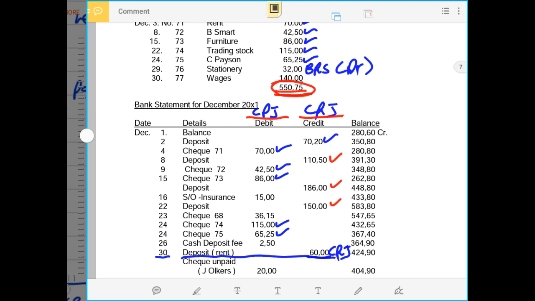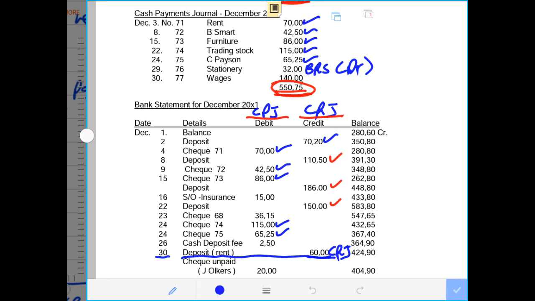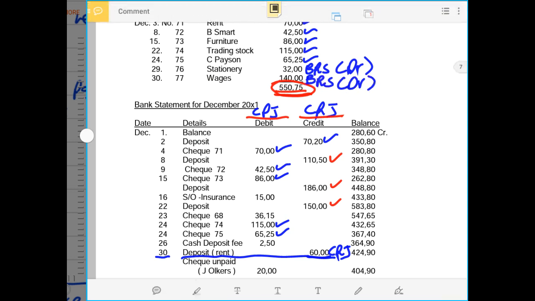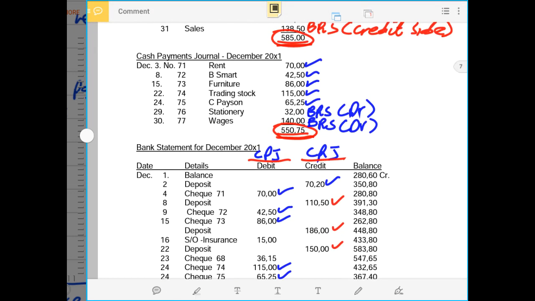And we also see that there is 140. And this 140 also does not appear on the debit side of the bank statement or debit column of the bank statement. So now this will go to the bank reconciliation statement and it will be recorded on the debit side as outstanding check. So now we can see that we have taken into account all the amounts that are in the cash payment